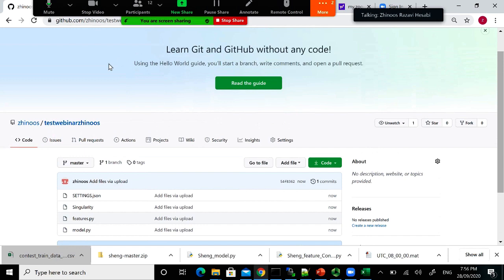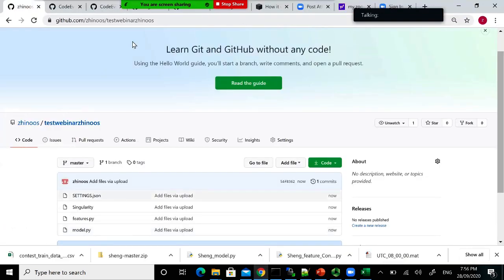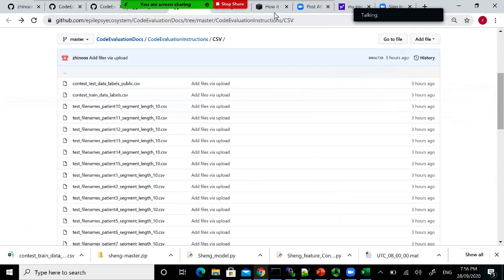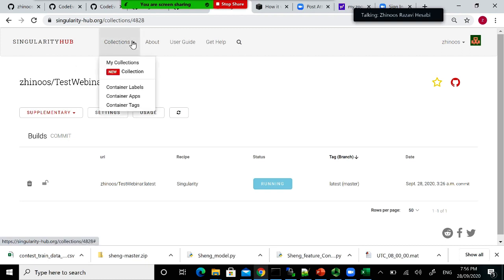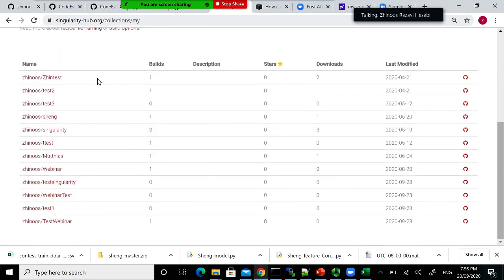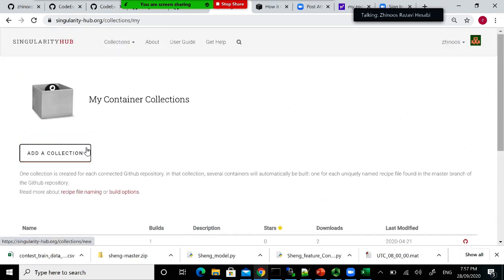So if I go to, it's still running. Okay, this is my Singularity Hub. If I go to my collection, as I told you, I was running something, but that should be fine. And just one more thing, don't forget, every day you are limited to building 10 images. As I said, you can see a list of your already built images or containers here. If you want to add a new collection, you can go to add collection, or you can come here, go to the new collection,